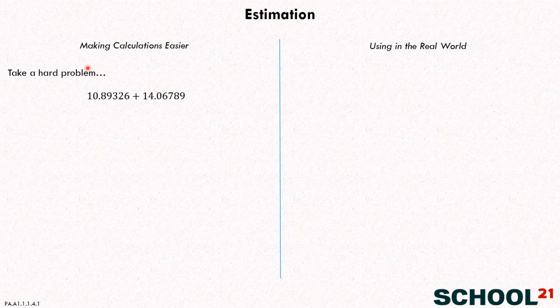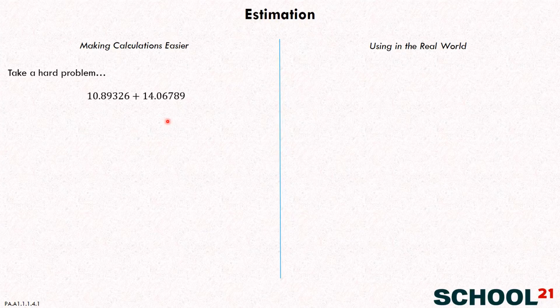So one of the reasons is to take a hard problem like this. We have 10.89 something something something plus 14.06789. That would be a pretty hard problem to do by hand, right? It would take you a while. Yeah. Okay, so you probably don't want to go to all the trouble of doing that. If you need an exact answer, you would probably use a calculator to do that problem. But a lot of times you don't have a calculator and you don't need an exact answer, and that's why